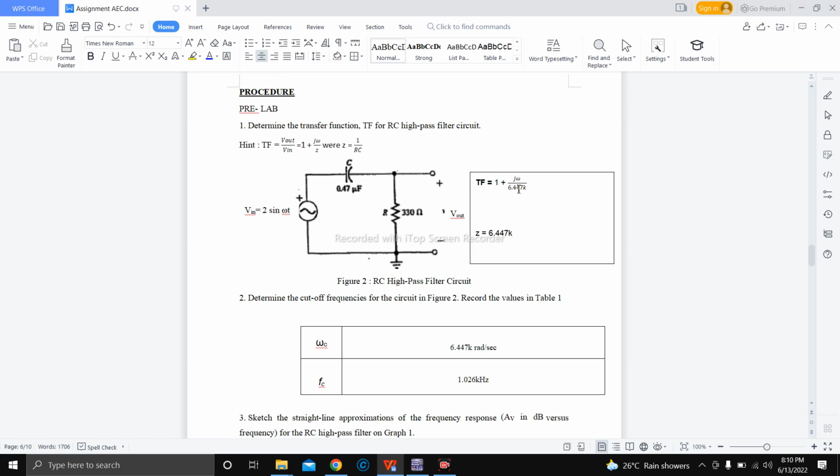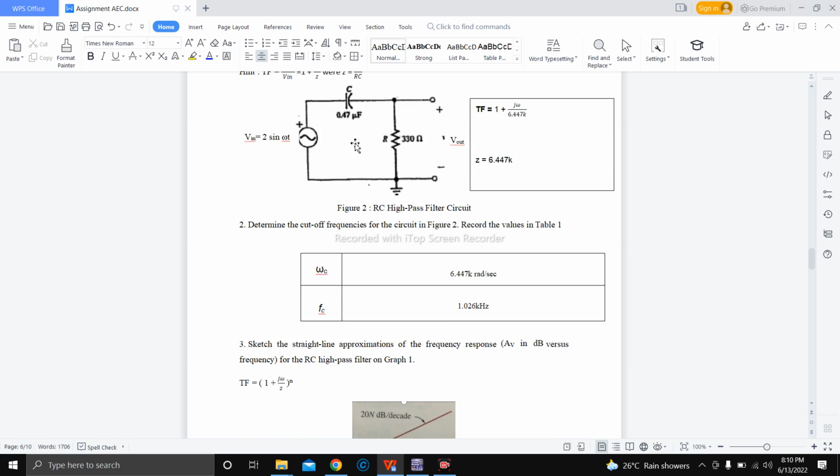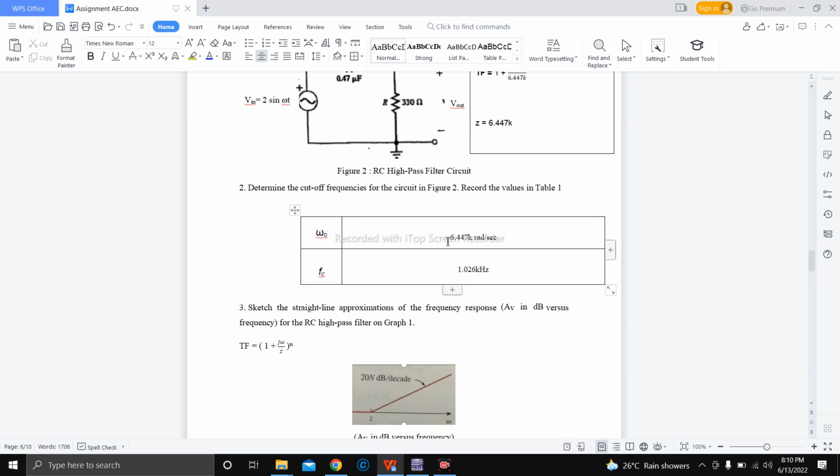The transfer function that we have calculated is 1 plus j omega divided by 6.447k. 6.447k is the value for 1 over RC, which is the circuit's characteristic value. Then we need to determine the cutoff frequency for the circuit in figure 2, which is omega C. The angular frequency is 6.447 K radian per second, and the cutoff frequency is